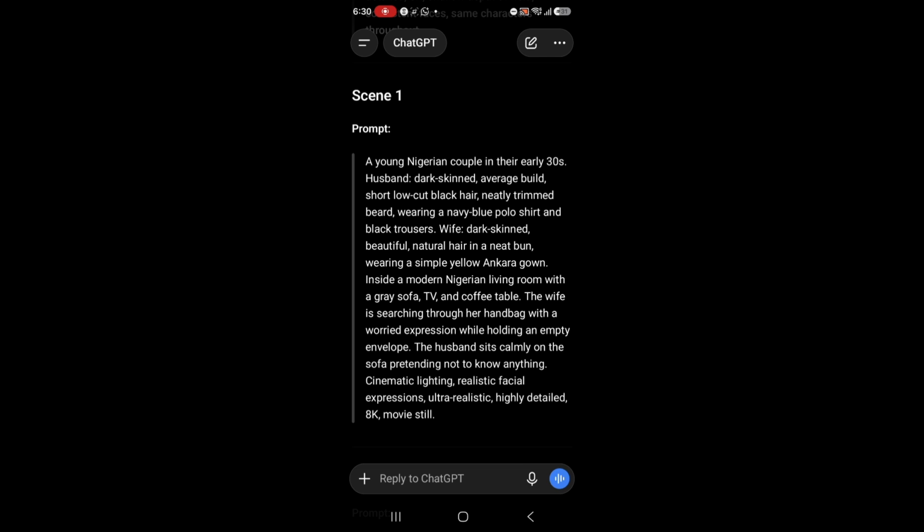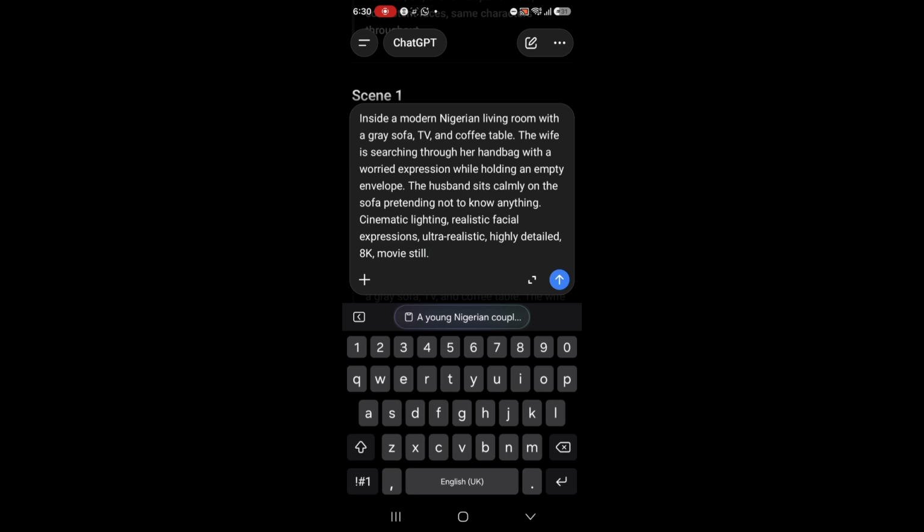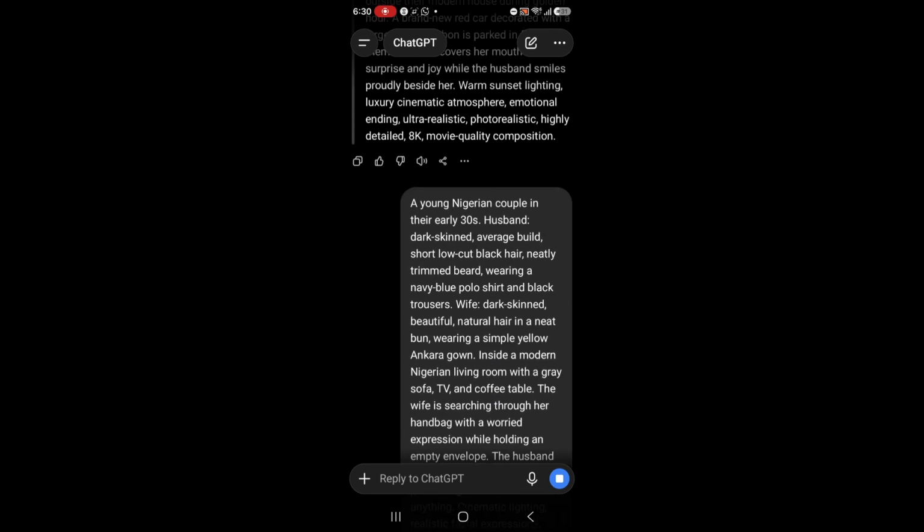I'll use ChatGPT to generate my images. ChatGPT can literally allow you to generate 5 images in a day, right? 5 images in a day for free. Okay, so I'll just send it. You can see ChatGPT is going to create the image for us. So we're going to wait for ChatGPT to create the image for us, and after that, we are going to go to